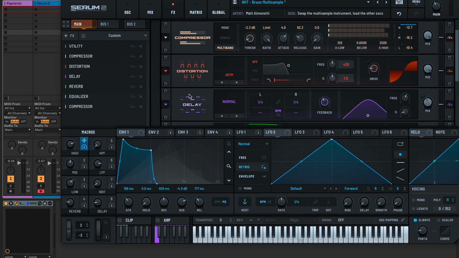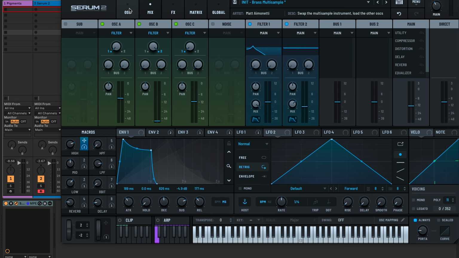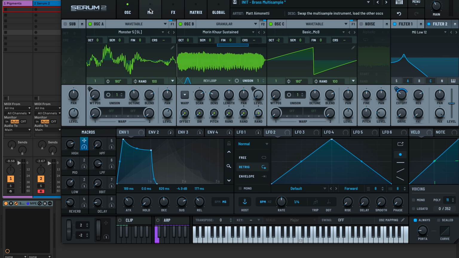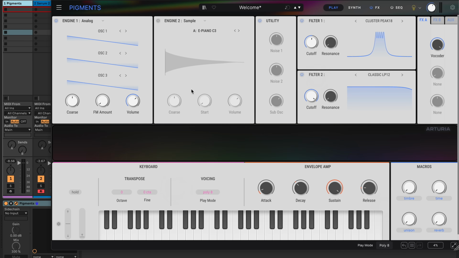Personally, as much as I think the UI update of Serum 2 here is nicely done, and it is really nicely laid out, I would probably like a little bit more of an option over how we can resize things and maybe how you can change the visual and color things. I think for me, Pigments looks a slight bit nicer, and I think the UI generally is a little bit easier to navigate. And that's particularly helped by this play window here, which is something they added in an update